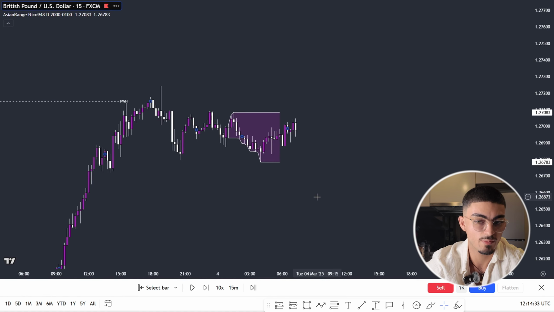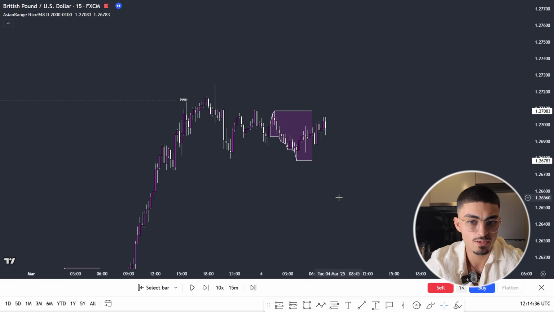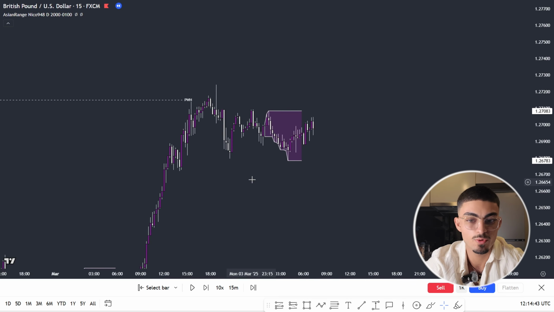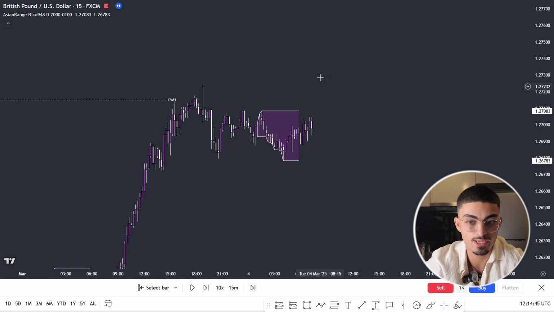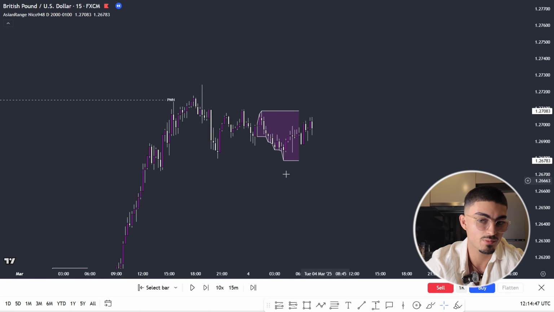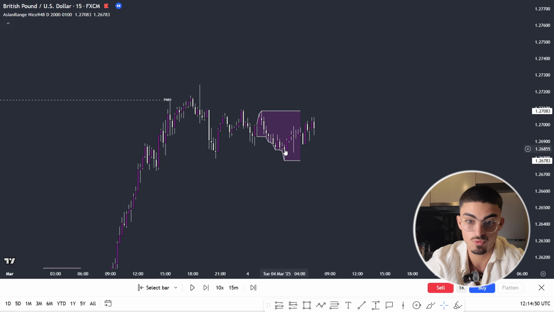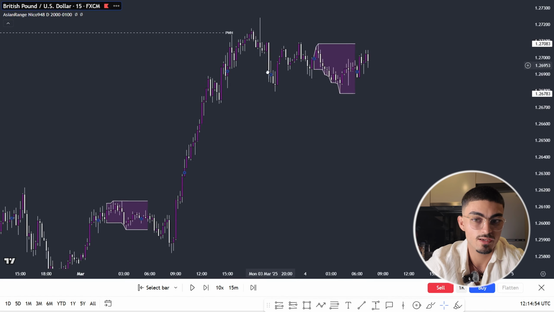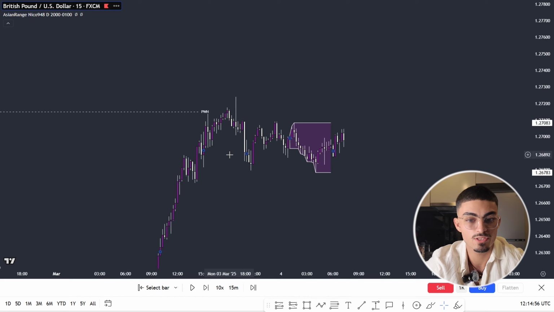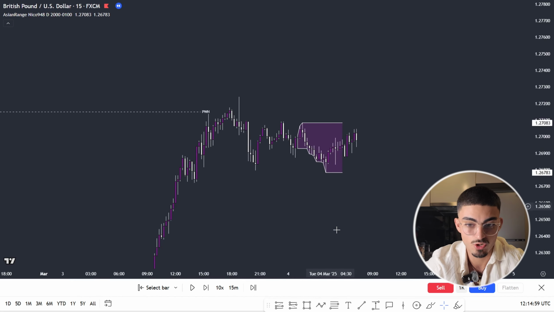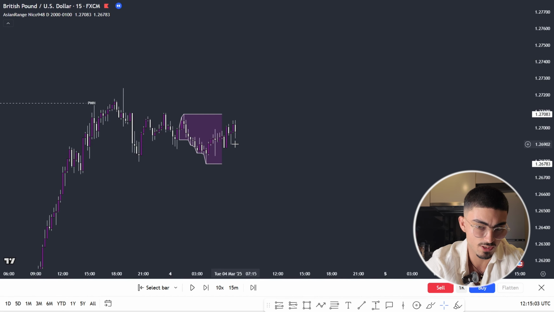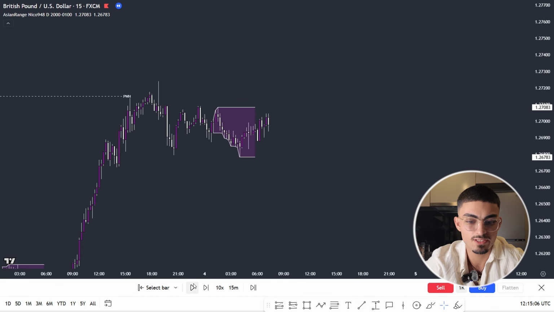that we're going to go to the downside yet. A big mistake people make is they're like, oh, we've taken out previous week high, let's look for sells. I understand why, because you do expect this week to be bearish, so you are looking for sells on Tuesday or Wednesday, expecting this to be the high of the week. Sure, that is fine. That's literally what I was thinking. However, Monday was so bullish that it does need to cause alarm bells in your head that maybe price isn't going to go down yet, and you do need to wait for confirmation. So I wasn't looking to sell on Tuesday, and I was basically waiting to see what Tuesday did.